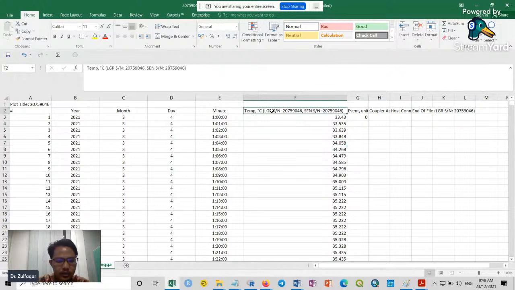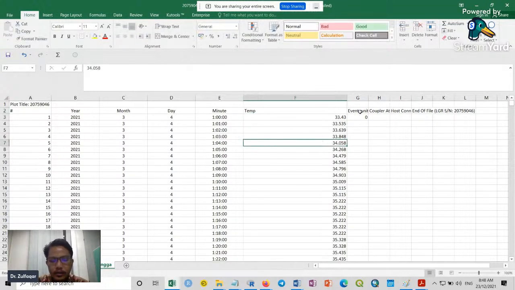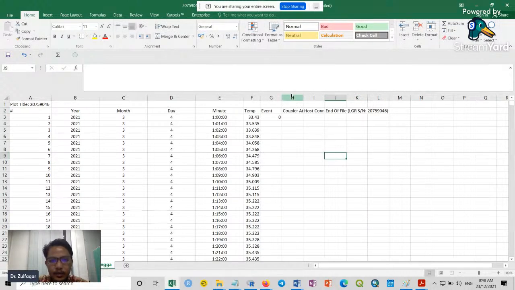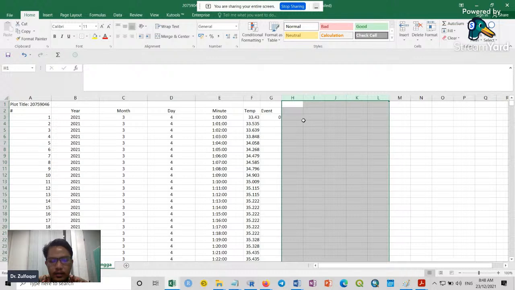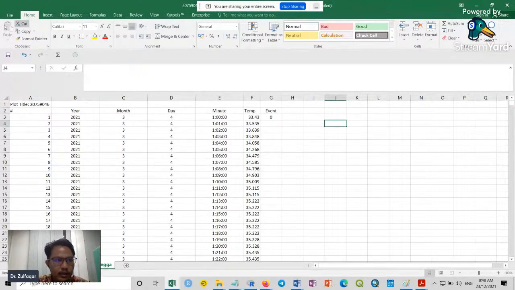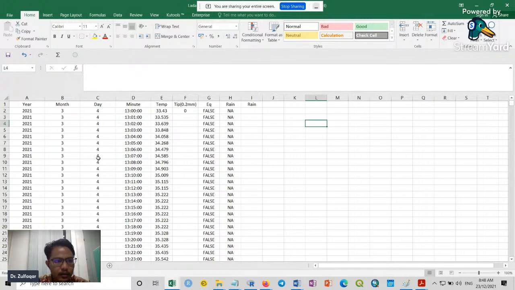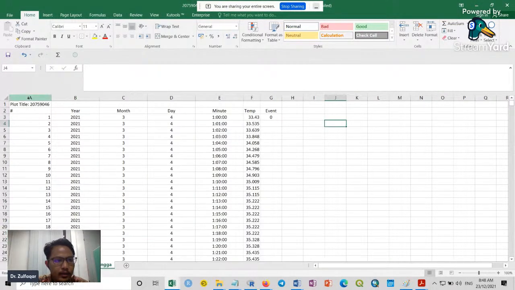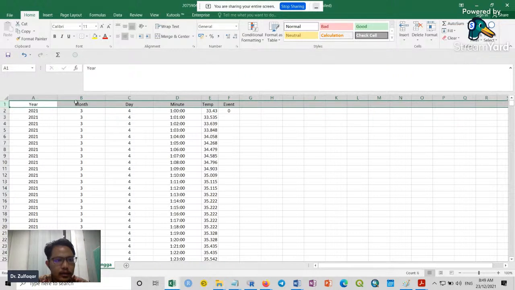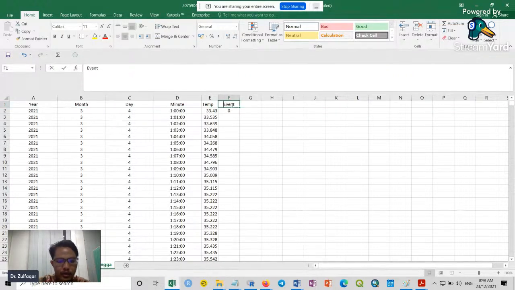And then you have the temperature here, and this event. You can just rename it, and then delete all the rest of this dataset. You don't need it. So you have this data now: year, month, day, minute, temperature, and event. So just save. I put it as this year, you can just delete that also. So you have year, month, day, minute, temperature, and I put this one tip, and then